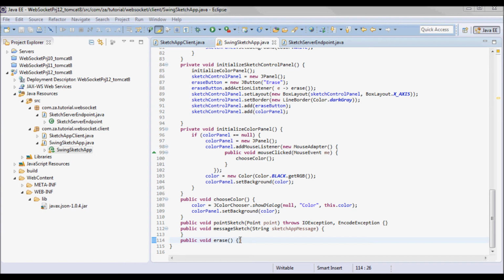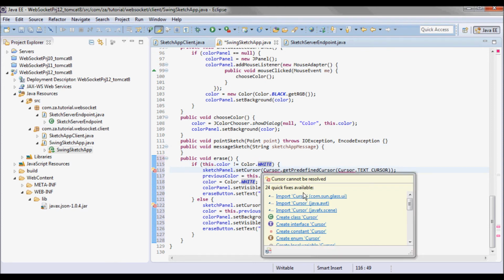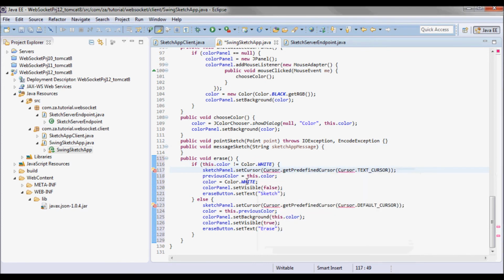Now for the erasing functionality, if this color is different than white, then we need to get into the erase mode. So I'll do sketchPanel.setCursor, Cursor.getPredefinedCursor, and I'll have the cursor be the text cursor when erasing.